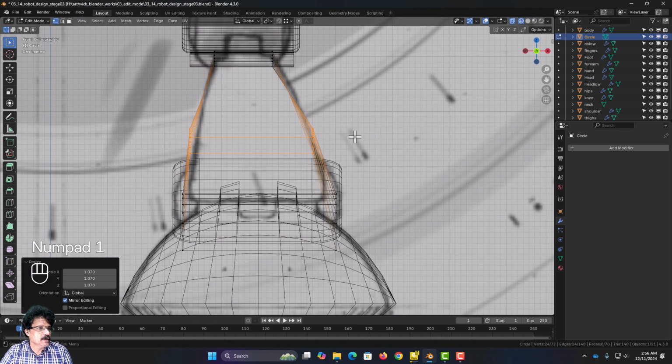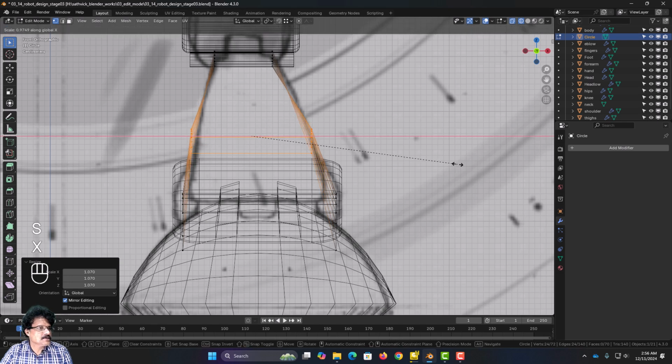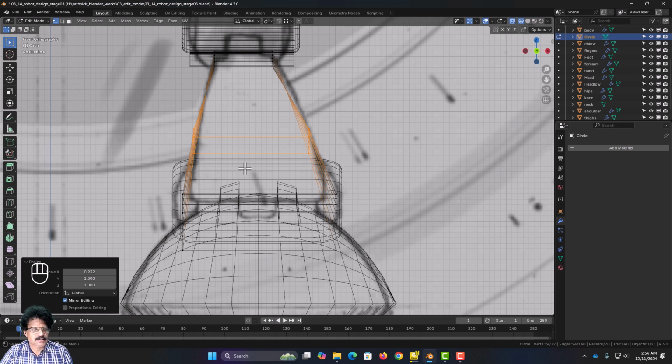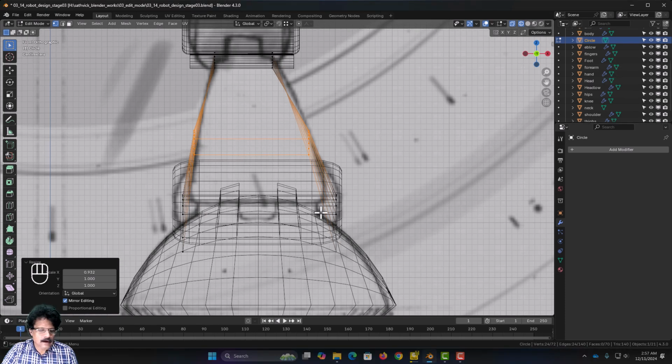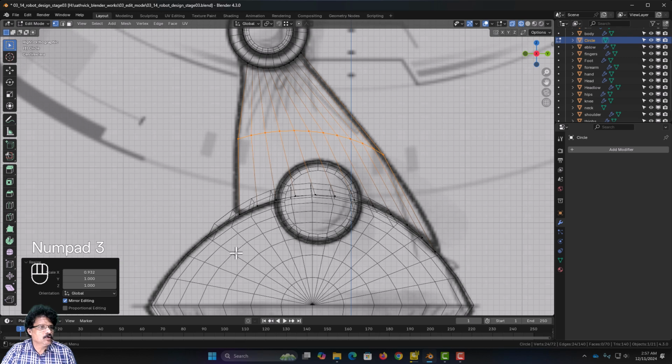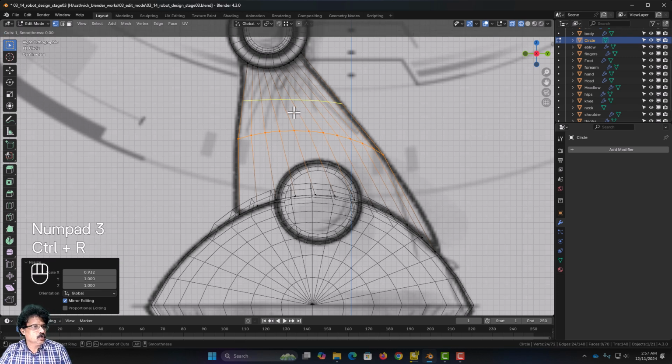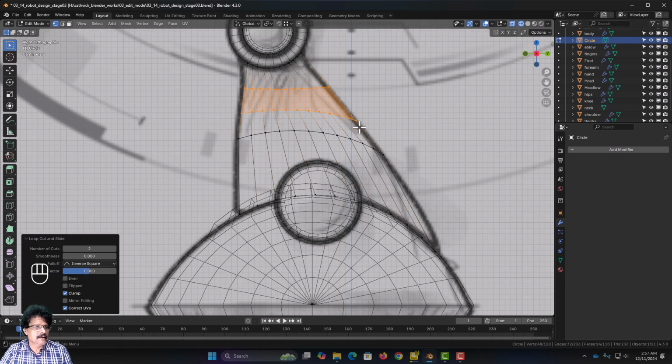the front view, and here also I will press S, X and slightly scale it so that it matches this structure. Here again I will press 3 and come into the side view. I will press Ctrl R and I will add 2 loops as of now. I will click once, right click to place it here, and then